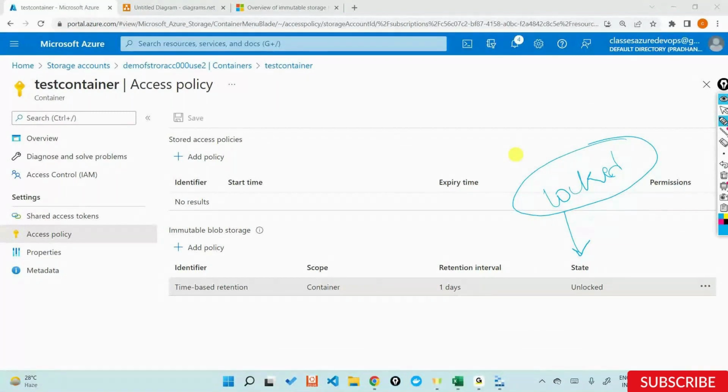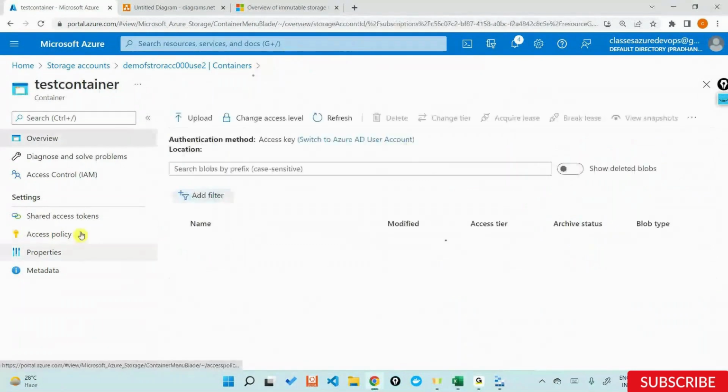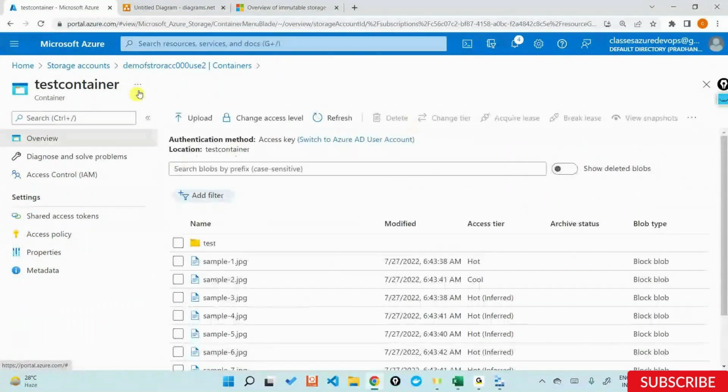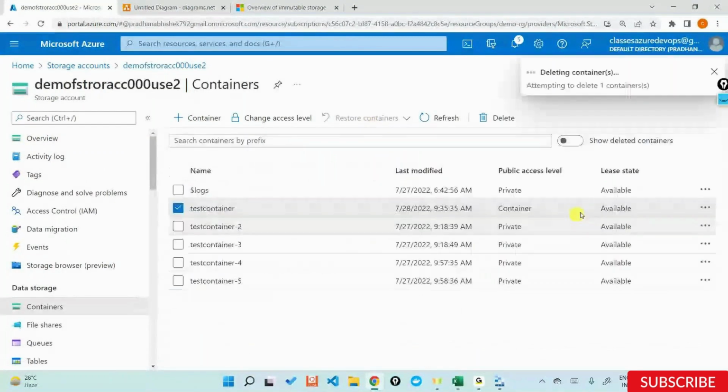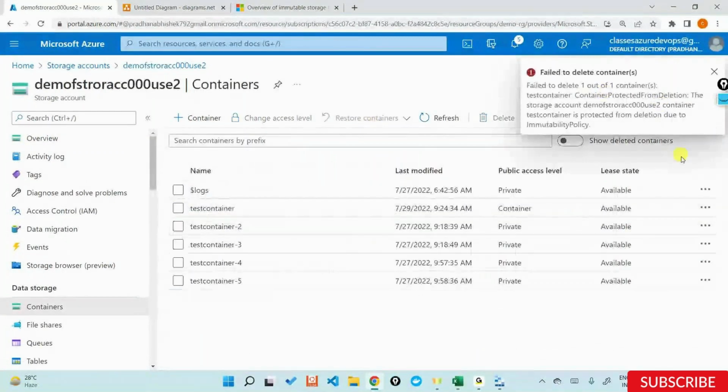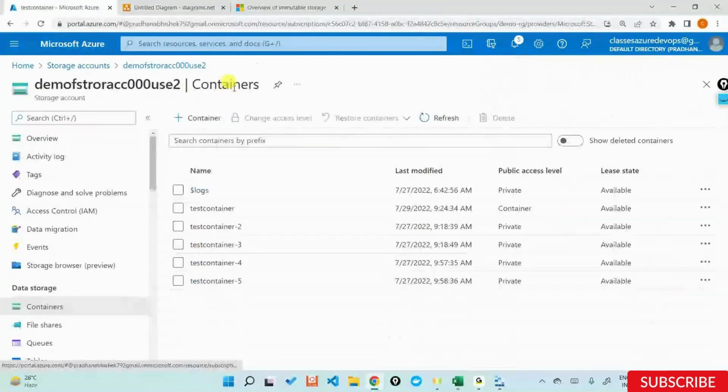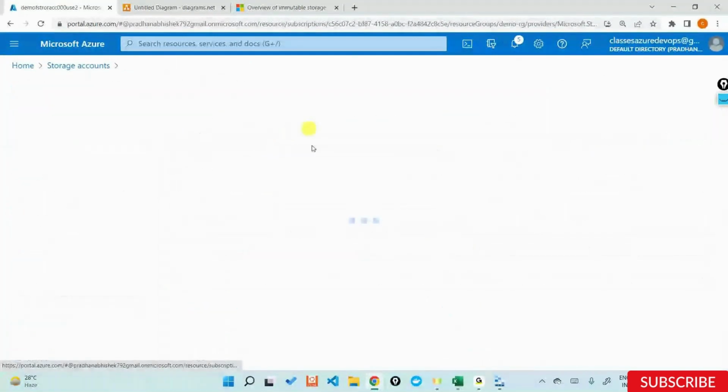And if it is in a locked state, you cannot just come here and delete your containers. So let me try this out. Fail to delete. Again, it's in an unlocked state, and it fails to delete. Why is that? Because you have data in this one. You can neither delete your container nor your storage account. So if I come here and delete my storage account,